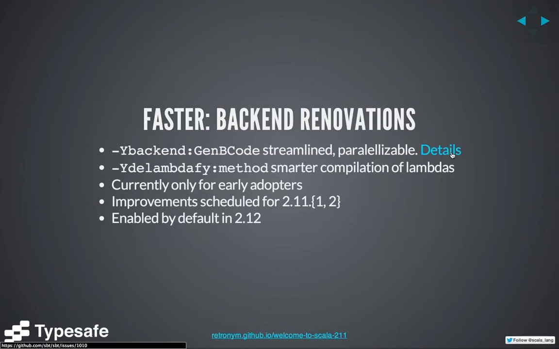A complementary piece of work is called delambdify. This piece of work is also only available in 2.11 behind a -Y flag. Both delambdify and bcode are planned to be the defaults in Scala 2.12. So in Scala 2.11, we're going to be shipping those for early adopters. Delambdify